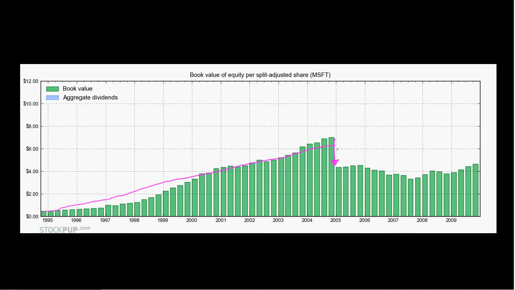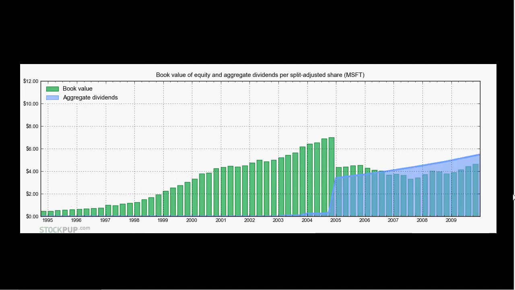Around 2005, Microsoft's management decided that the company has grown so large that there was no more productive way for them to use shareholders' equity, and then they returned some of the equity to the shareholders rather than just sitting on it. So if we look at the aggregated dividends that they paid out to their investors, we see that right around the same time, in 2005, there was this massive one-time dividend,